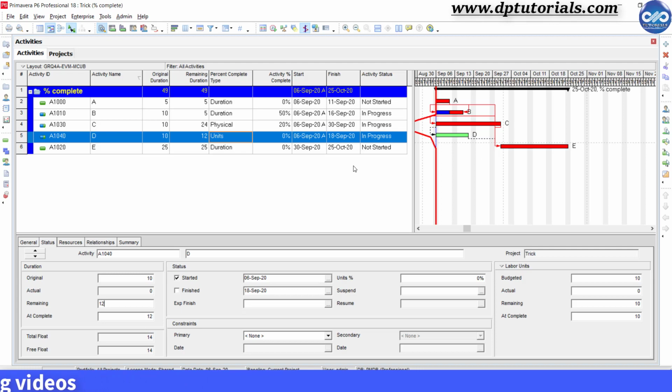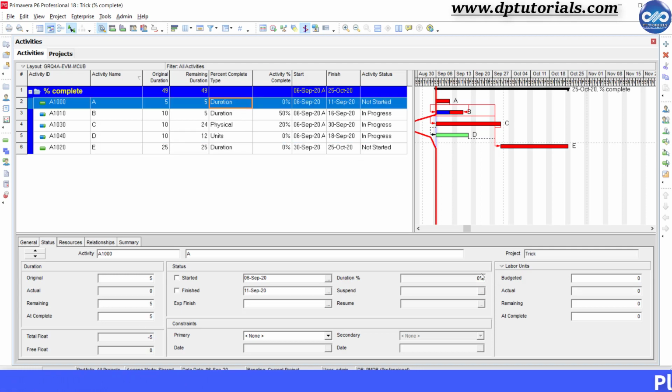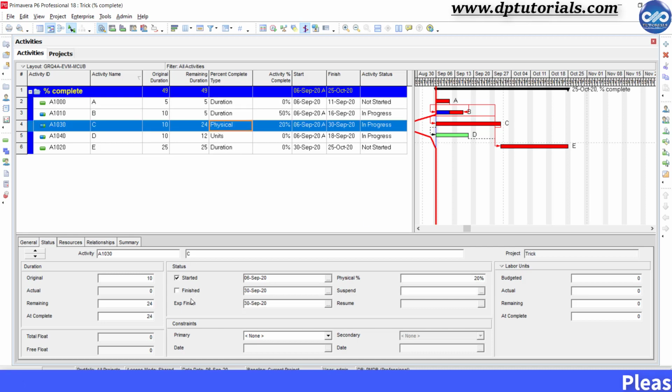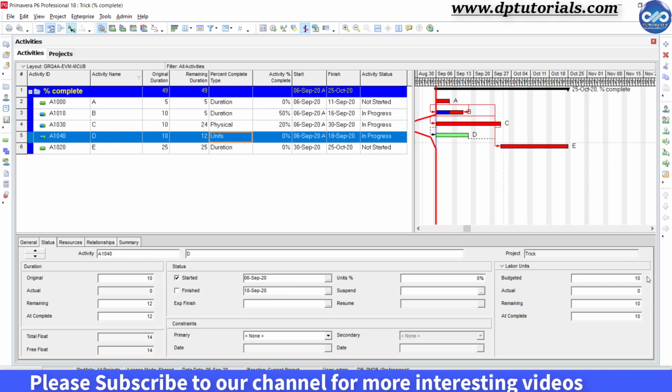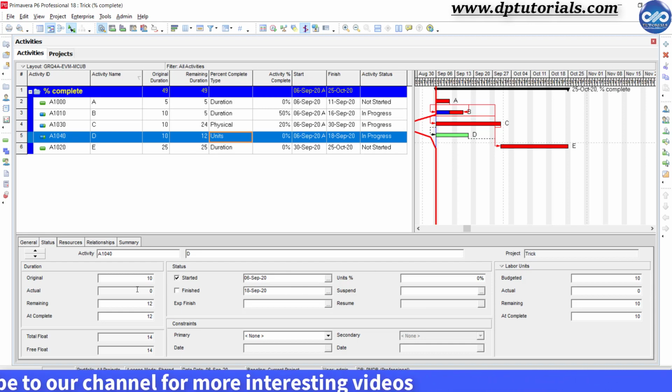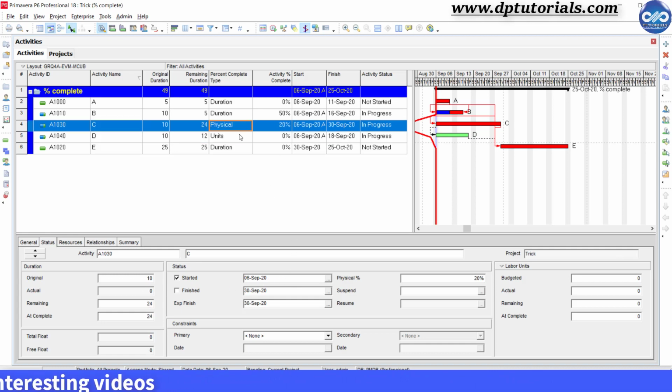So the conclusion is that while updating your schedule for duration percentage complete type activities, you have to mention the percentage completion. And for the physical percentage complete type activities, you need to mention both the percentage completion and the expected finish date in Primavera. For unit percentage complete type activities, you need to input the labor units and the remaining duration as well. So remember friends,